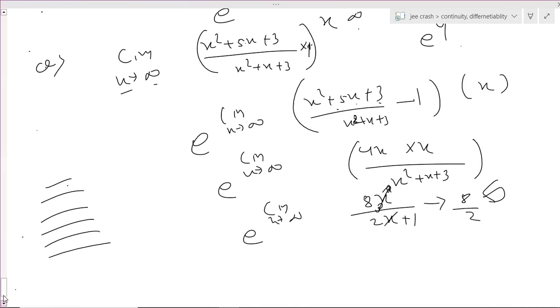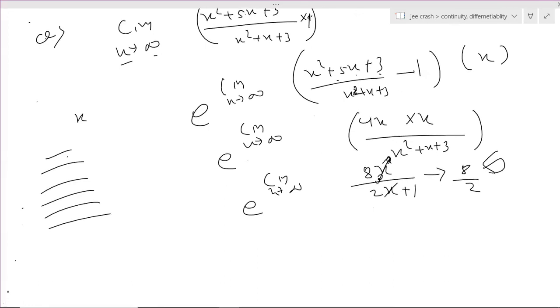Let me give you a trick for this. If you have the degree the same, degree n, then the limit is this coefficient upon this coefficient. So 4 upon